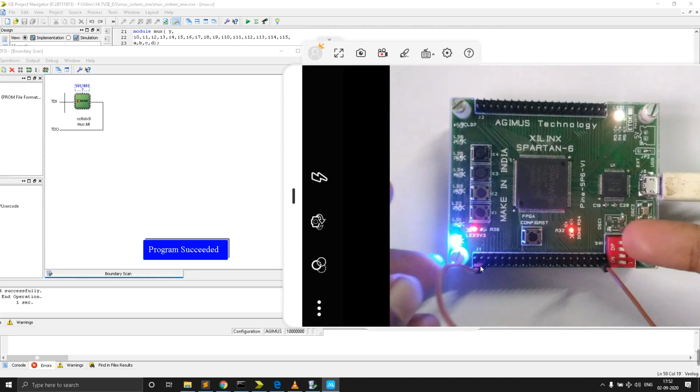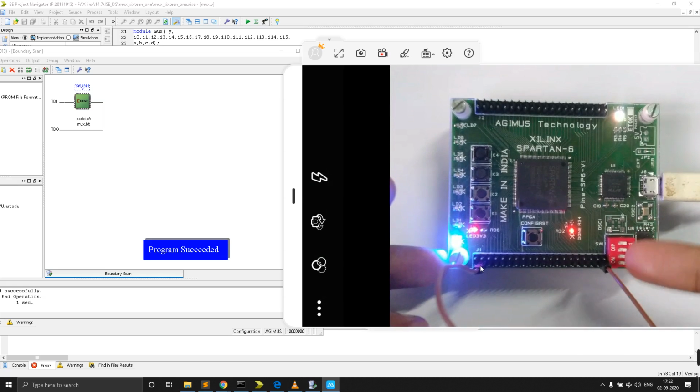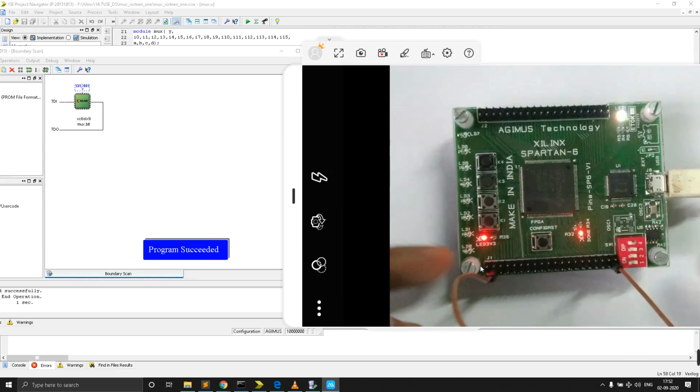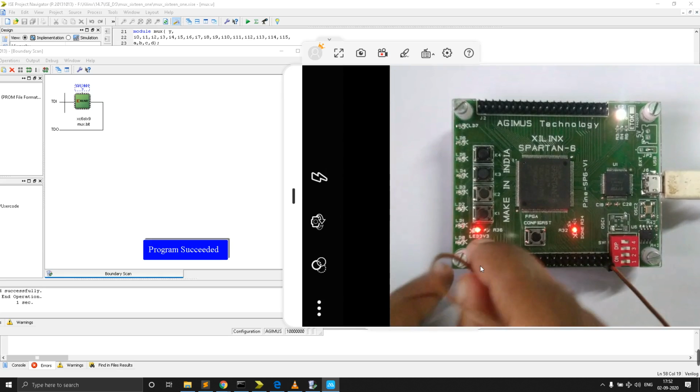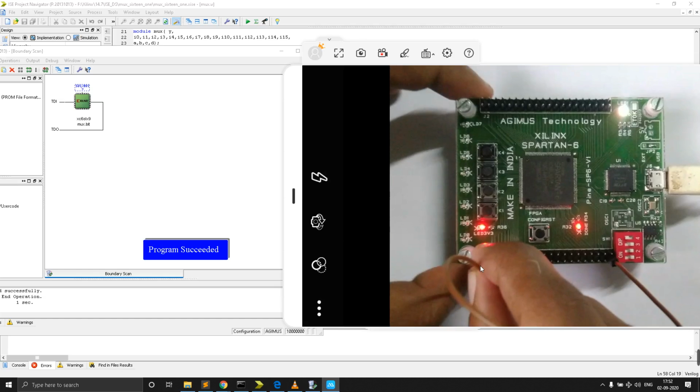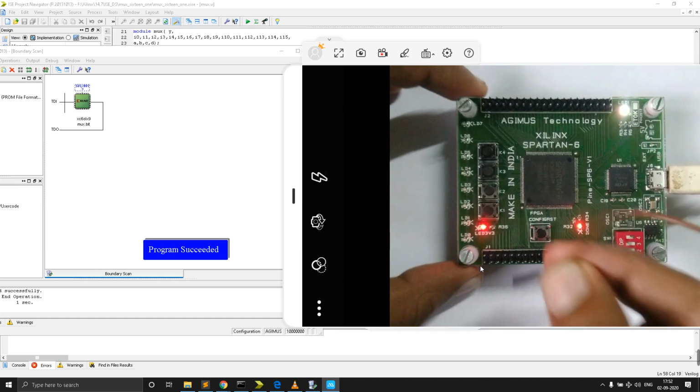Now I change the select to 0 0 0 1. We are not getting output here because it is now giving the output from the I1. I1 is the one above, so this is the I0, and I need to give that to the I1.